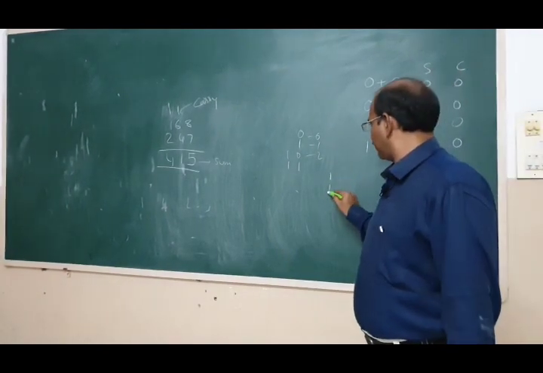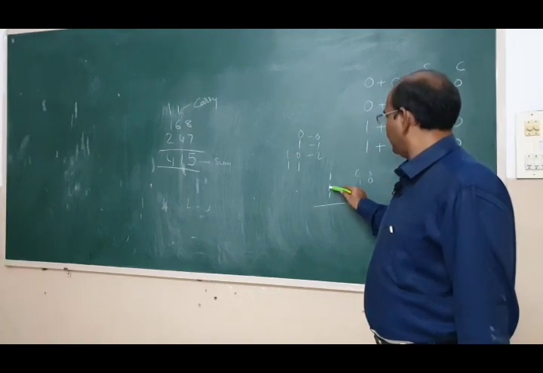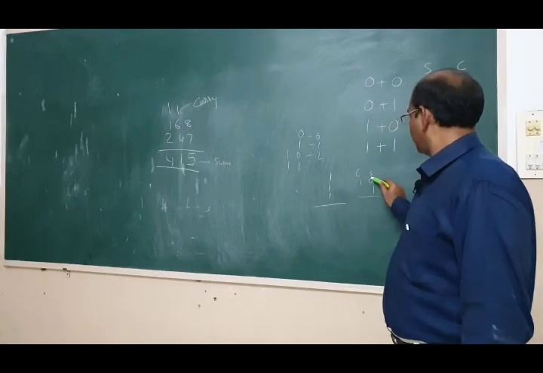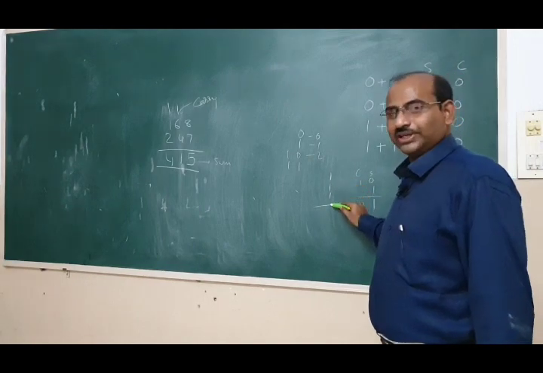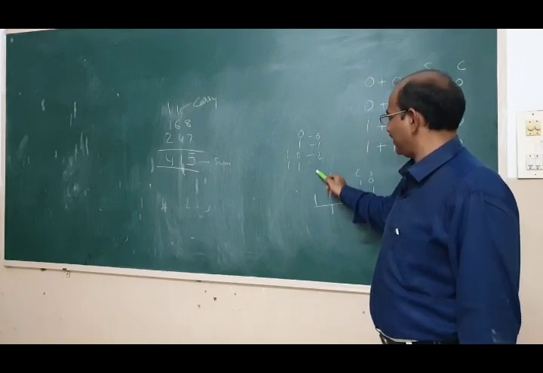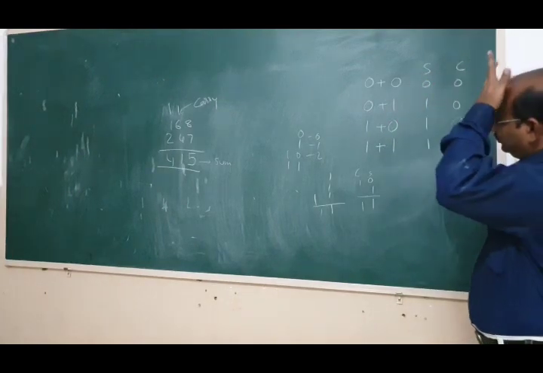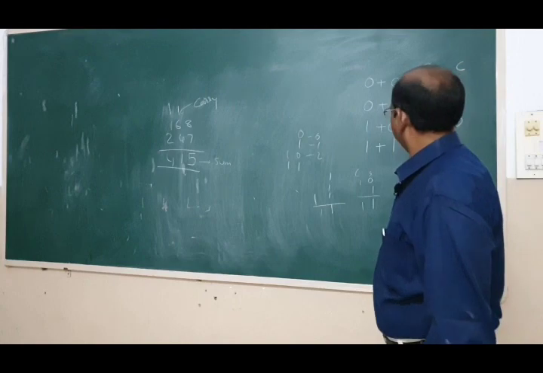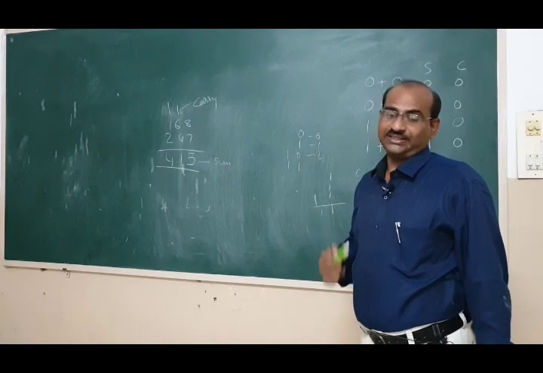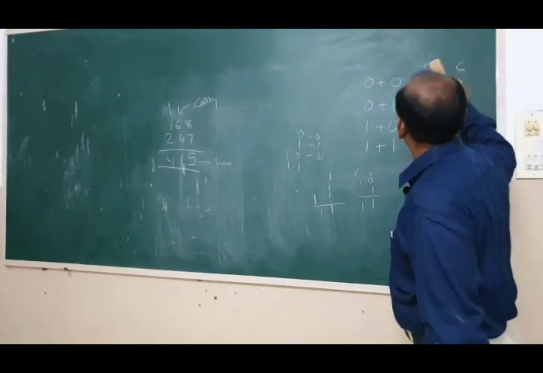Suppose you are adding 3 bits, 1 plus 1 plus 1. What is 1 plus 1? 1 plus 1 is sum 0, carry 1. Again you have to add another 1, and you should add 1 to the sum only here. So 0 plus 1 is 1. So 1 plus 1 plus 1, you will get sum 1, carry 1, right? If there is another stage, we write the carry here, otherwise we will write it here. Okay, so these 4 are the rules for addition in binary for 2-bit addition, right? Now let us discuss addition of a few binary numbers.